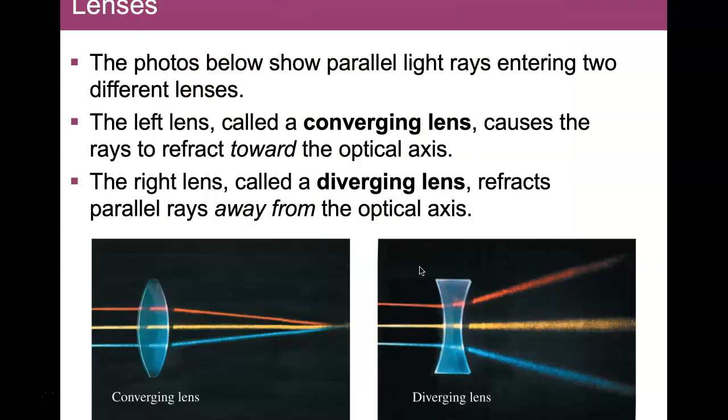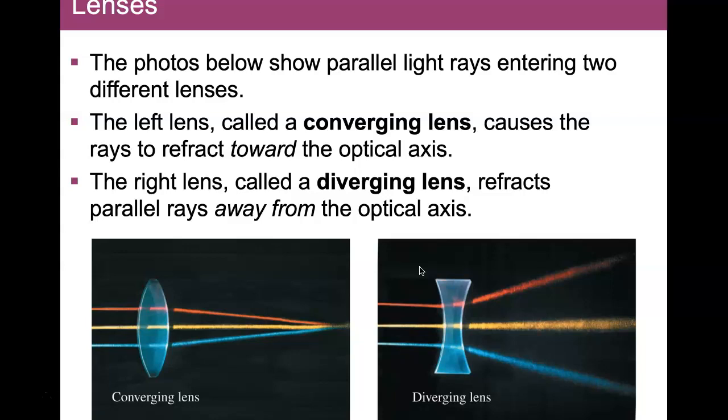Okay. Now, this was a little bit of an introduction to what going across interfaces can do to light, and we just talked about a flat interface between one medium and another. Now, an important application of this is having curved interfaces. So lenses are basically made from a piece of glass or something that has an index of refraction that's larger than 1, and they can either